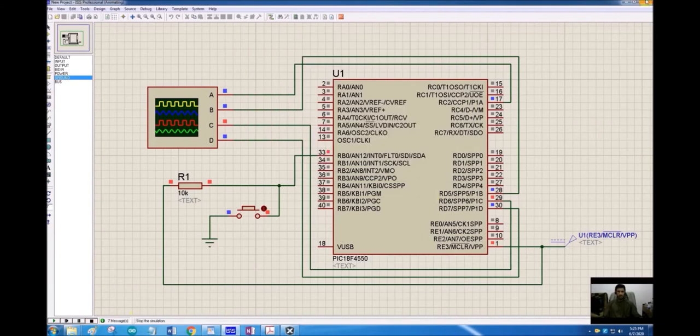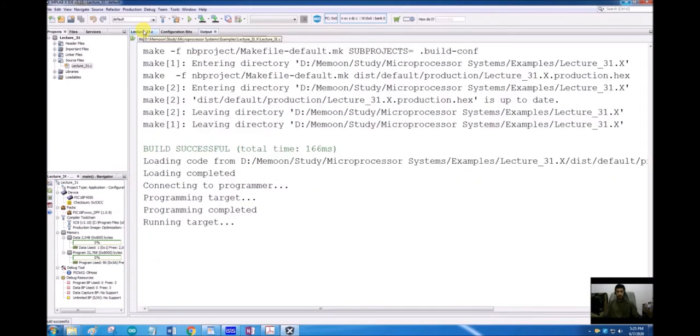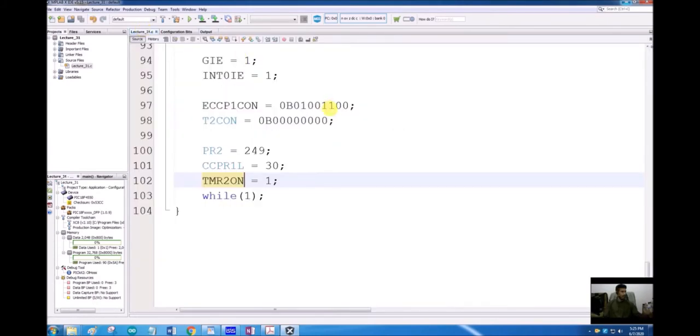And let me burn it on the hardware also, and I will show it in the camera. I hope you will be able to see the intensity of the LED. So here is our hardware. You can see that 2 lights are on. One is RC2 and one is the A. You can see that this LED is brighter when compared to this one.